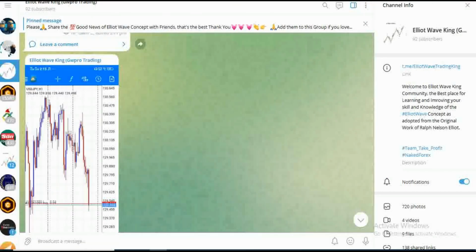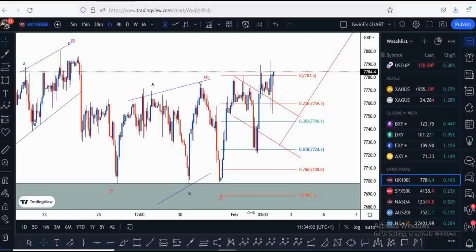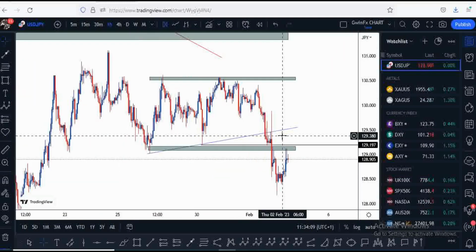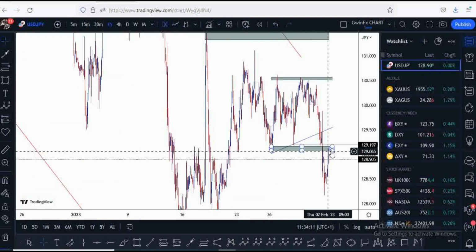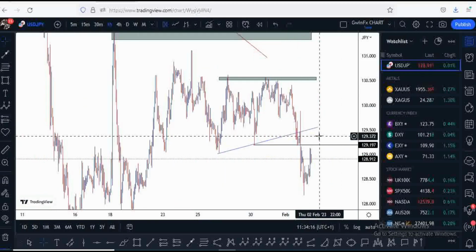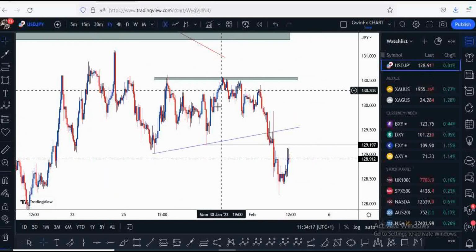All right, so let's look at a few currency pairs which I'm going to be looking at ahead of the trading day and how I would look to approach it. Okay, so looking at the next one here, UJ. It's quite clear what UJ is actually doing at the moment, and initially what we were looking at here,